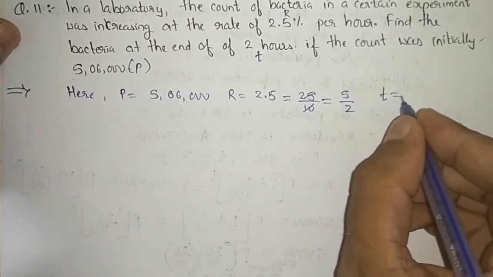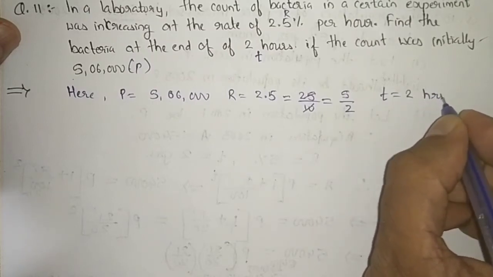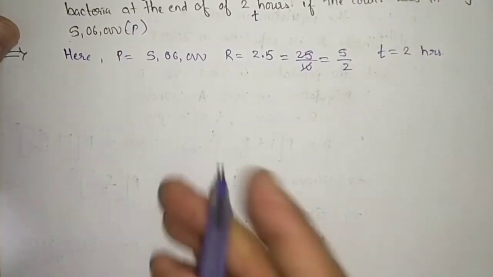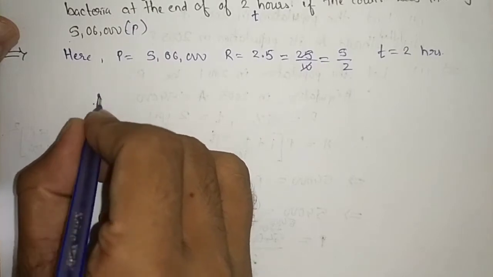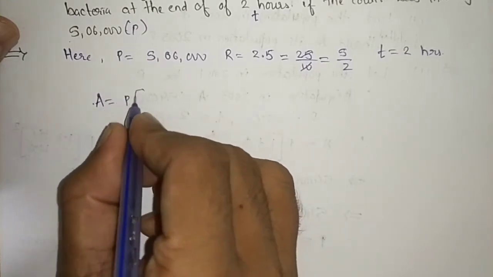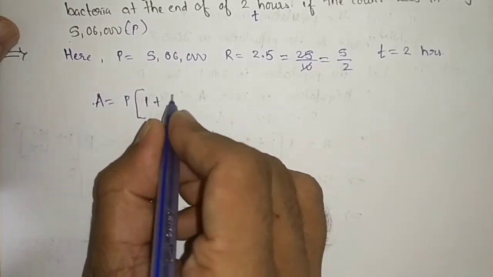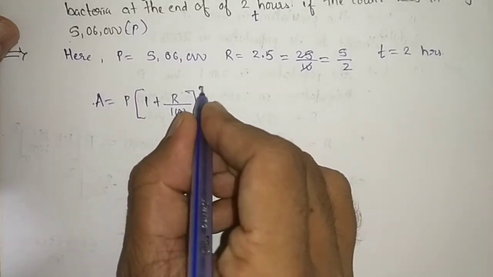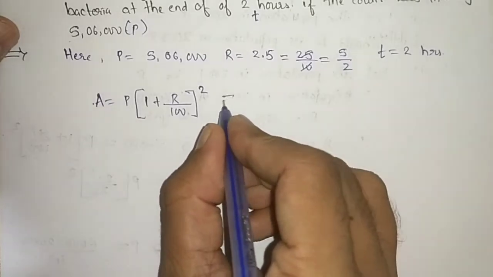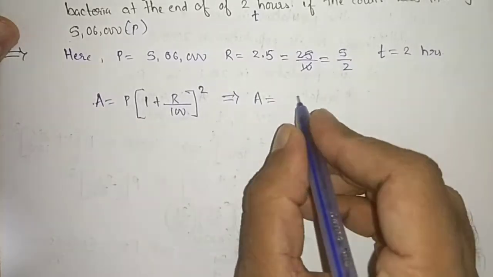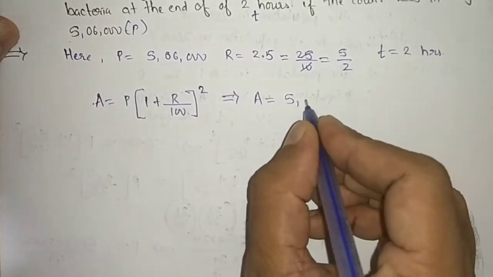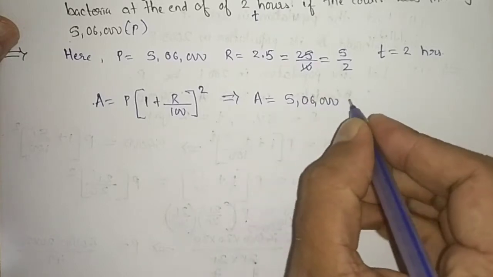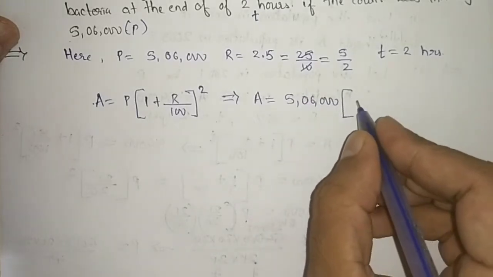And T is equal to 2 hours. Putting these values in A, we will get A is equal to P into 1 plus R upon 100, whole raised to power 2, which implies A is equal to, in place of principal we will write 5,06,000 into bracket 1